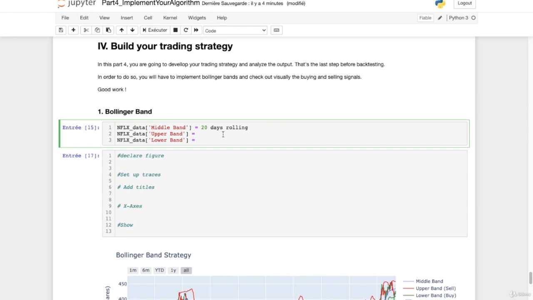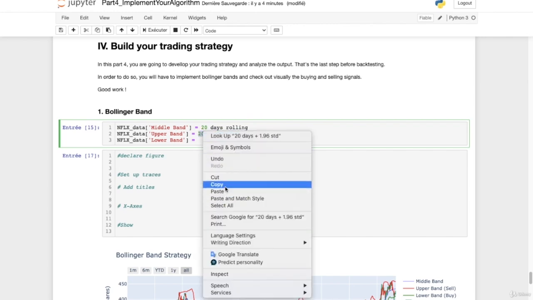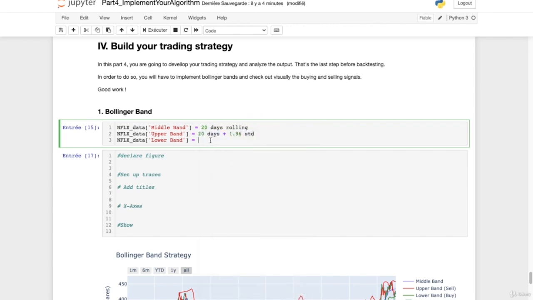For the upper band, that's going to be 20 days plus 1.96 standard deviation. And concerning the lower band, that's going to be 20 days minus 1.96 STD. You can use 2 as well, but for my case, I used 1.96 STD in order to be even more